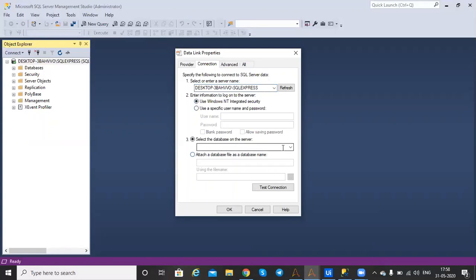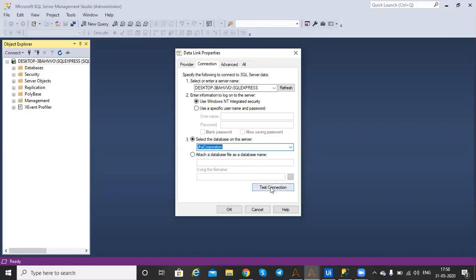After that, we select the database in the server, whatever we have. My data is all in the Jha Corporation database, so that's why I will choose Jha Corporation.